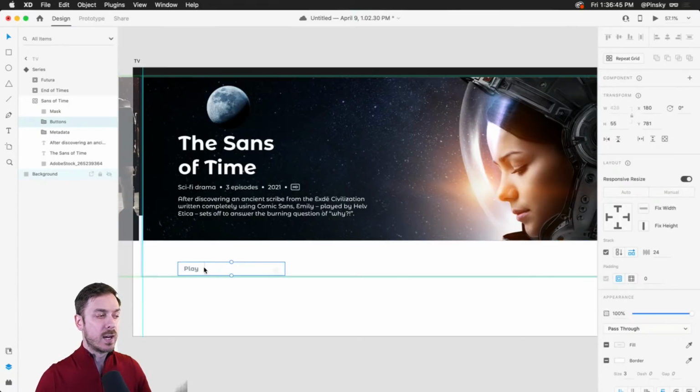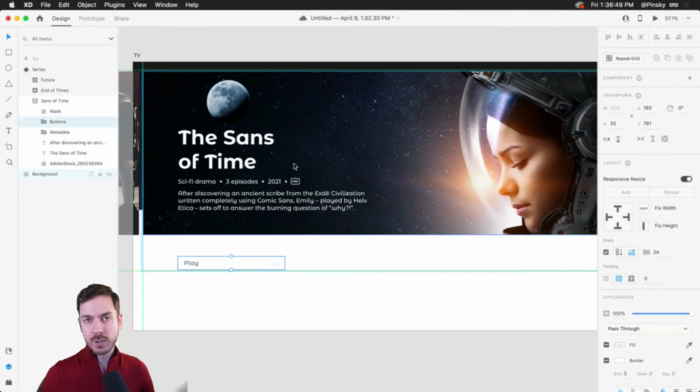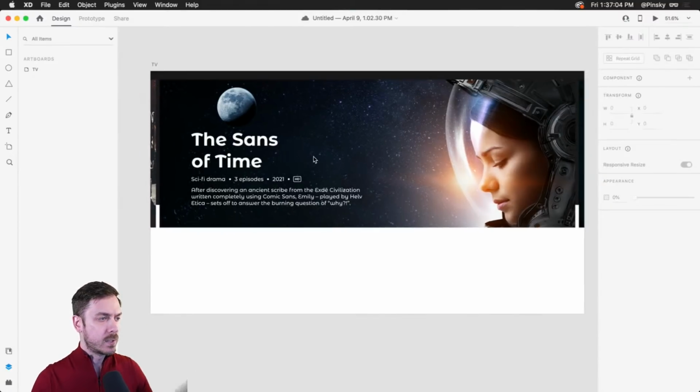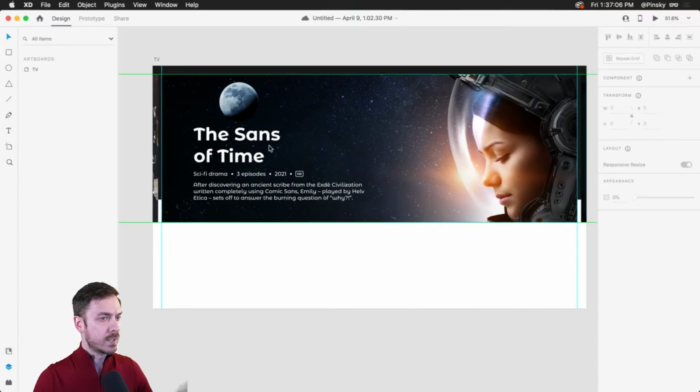So I can have them down there, but they're masked out. And that's why I'm using a mask. If I wasn't concerned about having additional objects come into play when the series is expanded, then a group or a component would absolutely do. But in this case, I kind of want that mask so that we can have some objects that are out of view. All right. So that's looking pretty good.